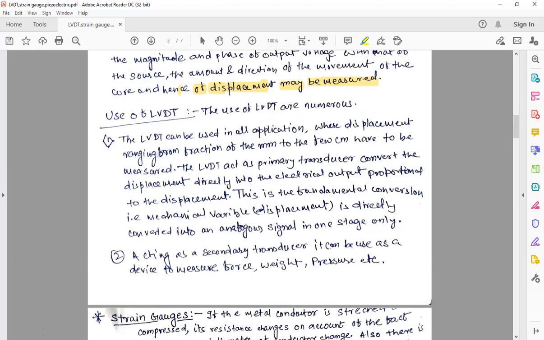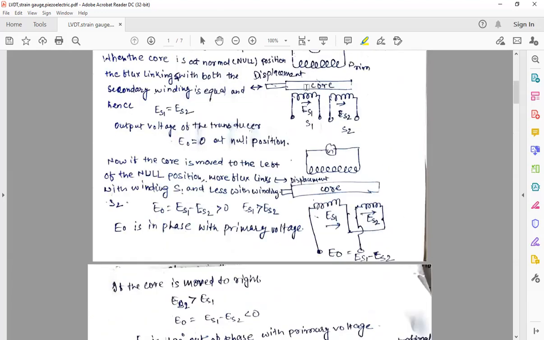Okay. So what is the LVDT? LVDT is one type of transducer that converts linear motion to an electrical signal. Okay. Any doubt? Why is it called a primary transducer? Because it directly converts linear motion into electrical voltage, and it works on the principle of a transformer. So how does it work? It has two windings, a primary winding and a secondary winding, and the movement of the core is directly proportional to the output voltage.